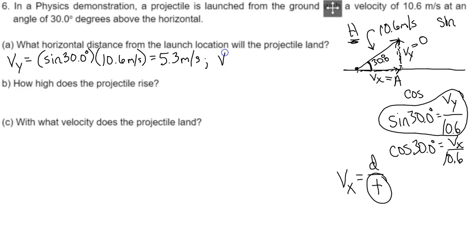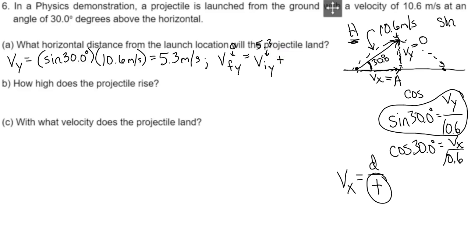So the final velocity in the y direction is going to equal 0 when it hits the top of its arc up here. Remember, it's going to fly like this and come down somewhere over here. Its final velocity up here at the top is going to be equal to 0. So that's what I'm going to plug in for my final velocity, which is equal to the initial velocity in the y direction, which is the 5.3 that we just calculated,